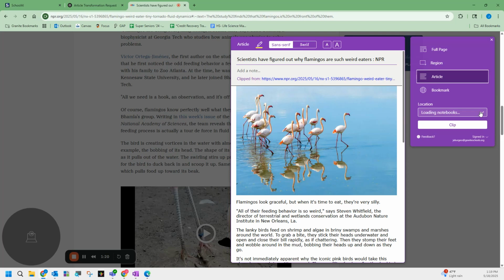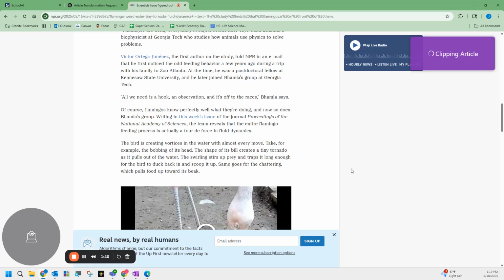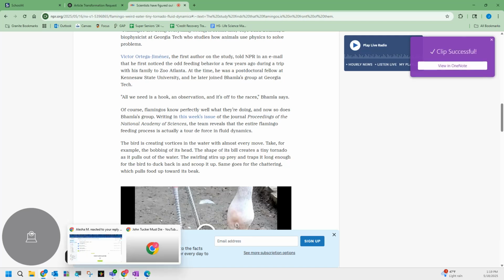The article, obviously, we're waiting for the notebooks to load, and then we'll get this clipped over, and then we'll move it from there. It does take a little bit to go here. We'll put this under all articles, like all the rest. Okay, so in order to get this exported and usable for School AI, you have to actually be logged into the